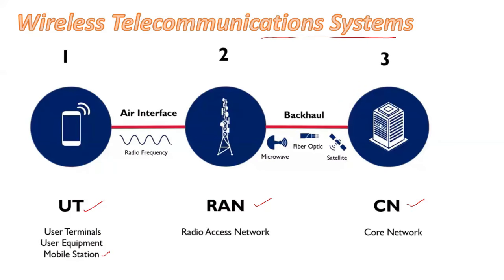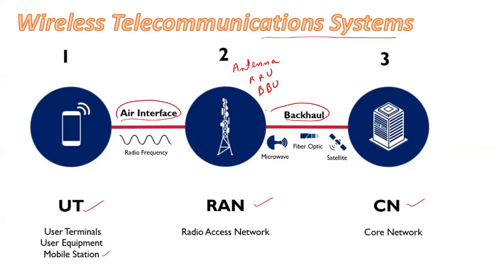The user terminals are connected through the RAN. The RAN is responsible for providing the connectivity required for mobile devices. The radio access network contains many things like the antenna. It may contain the RRU and the BBU. These are the three main elements of a RAN. These are connected through air. We are using wireless connectivity and different sets of frequencies, which we call radio frequency. The radio access network is also connected to the core network with the help of backhaul.